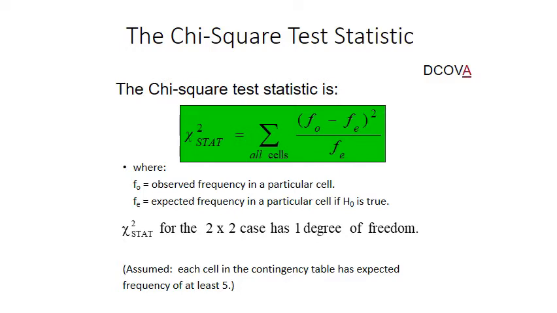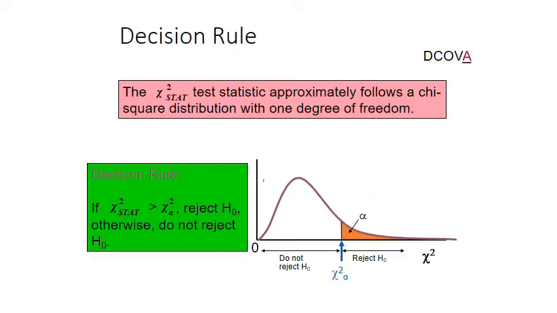This is the formula: observed frequencies minus expected frequency. I will explain how to calculate this expected frequency. Observed frequency is given, as I told you: the number of left-handed and right-handed male and female, and we arranged them in a contingency table. That was our observed frequency. Through them we will calculate this expected frequency.